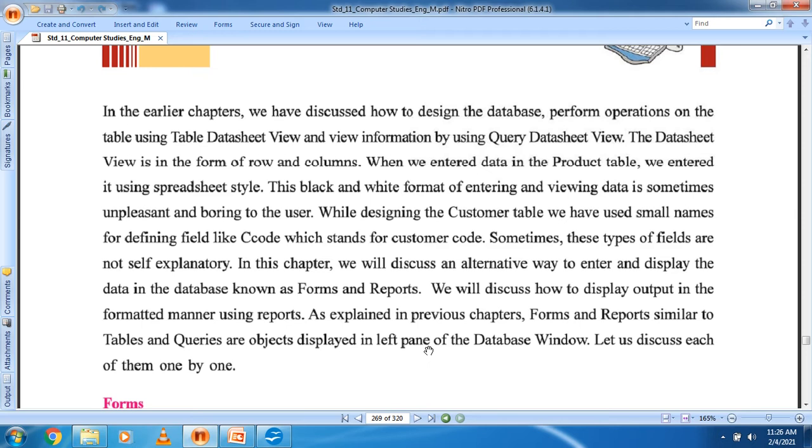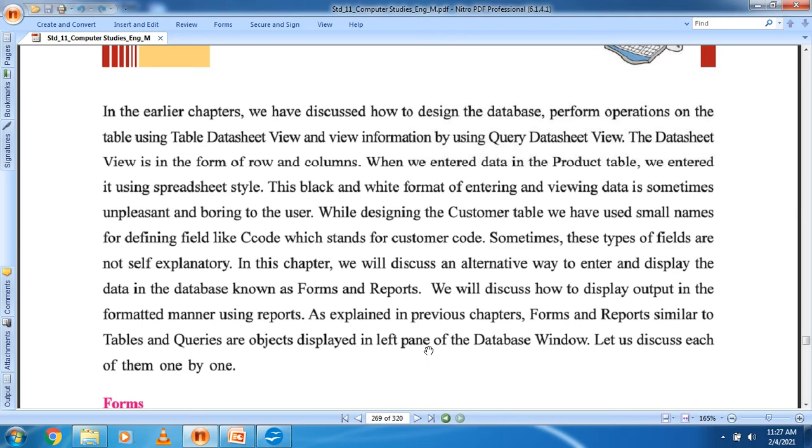Whenever we see the data in a table format or Excel format, it is difficult to read, and sometimes it may be boring. So if we use a form to enter the data, then it feels proper and we can easily enter the data, and we can save our time also. And when we generate the report, at that time we can filter the proper data.